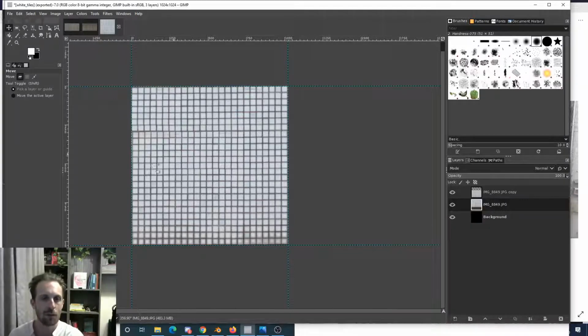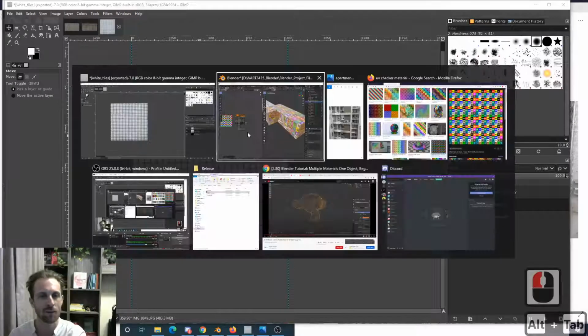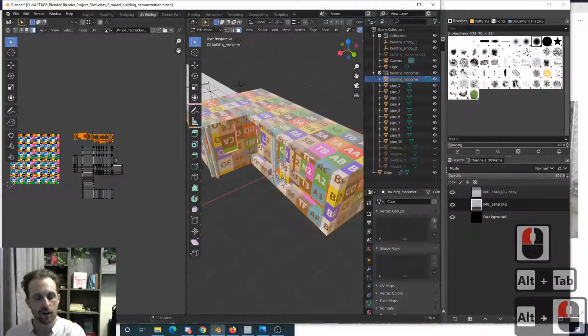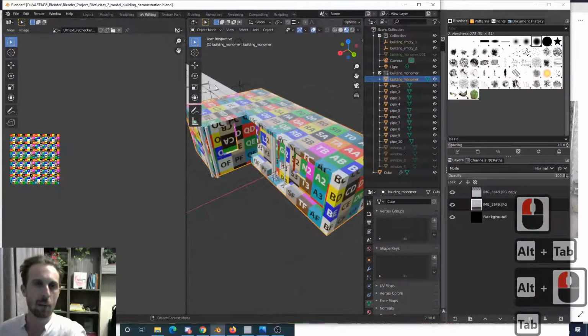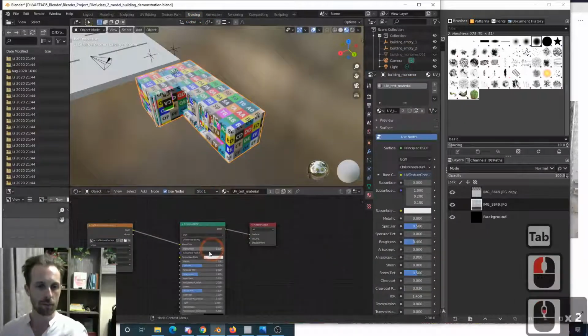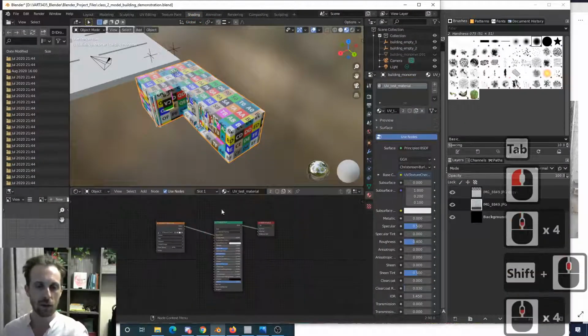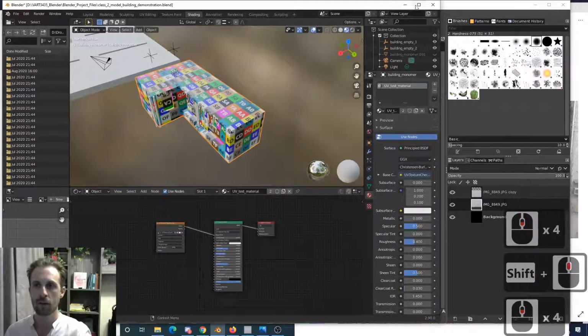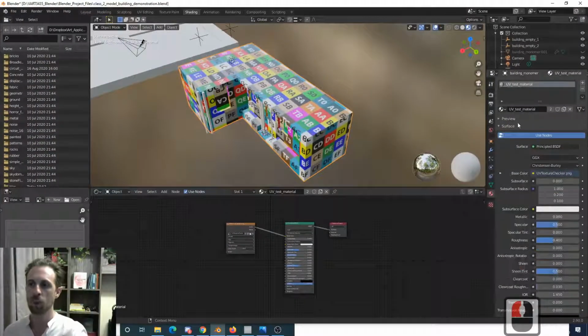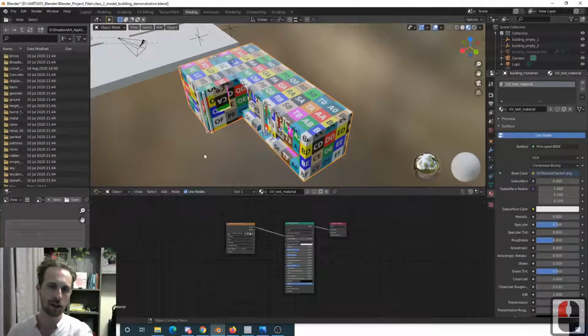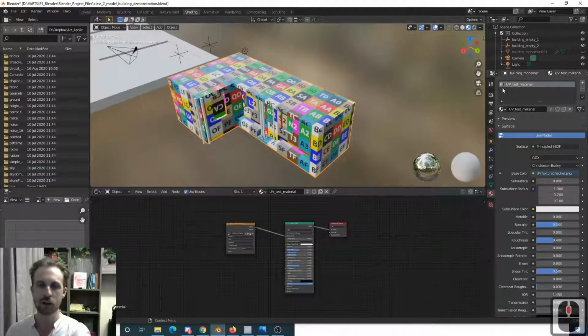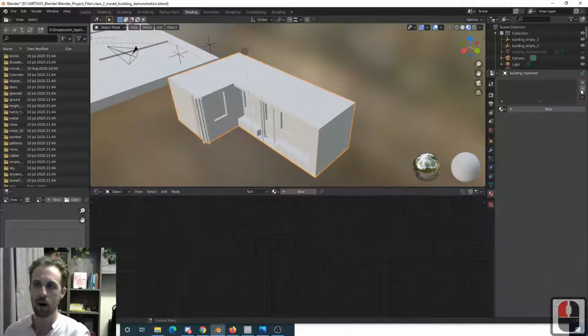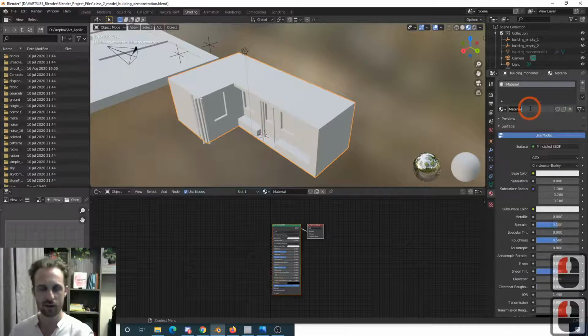So let's put on my kind of quickly made texture and we'll see how it works. Okay, so I can go out of edit mode now, press Tab, and I'll go back into the shading menu. And we can see that we've still got this, I might just maximize this now. We've still got this UV test material here. But we're actually going to get rid of that material and add a new one. So I'll press minus and I'll start a new one here. And I'm going to call this